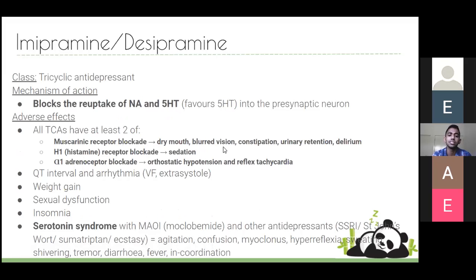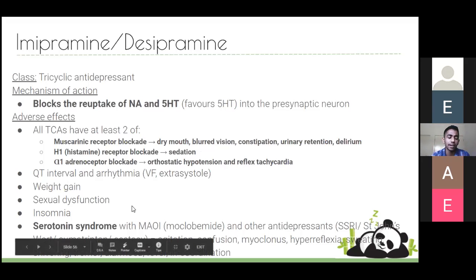Histamine receptors, you can imagine antihistamines, so antihistamines cause sedation as their side effect, or you can have our alpha-1 adrenergic receptor blockers. So if you block the alpha-1 adrenergic receptors in your smooth muscle, where they mostly are, you're going to cause vasodilation, you're going to get hypotension, and that's going to cause a reflex tachycardia because your heart's going to try to pump more to fill up that space, your intravascular space. That's why you get that reflex tachycardia in conjunction with it.